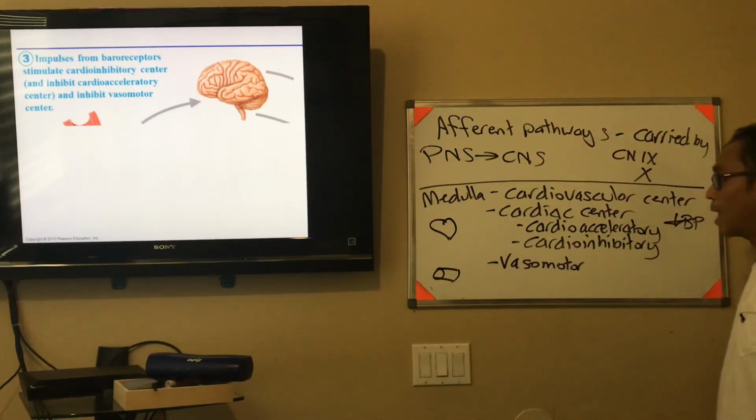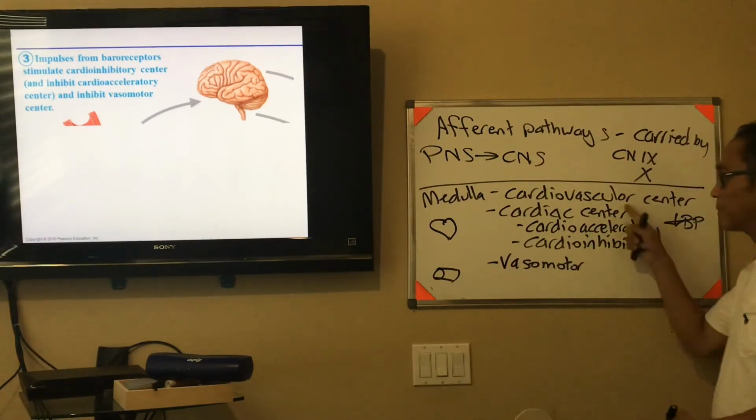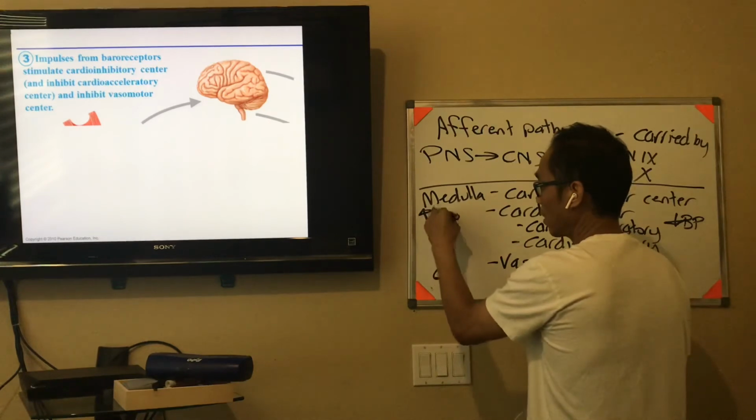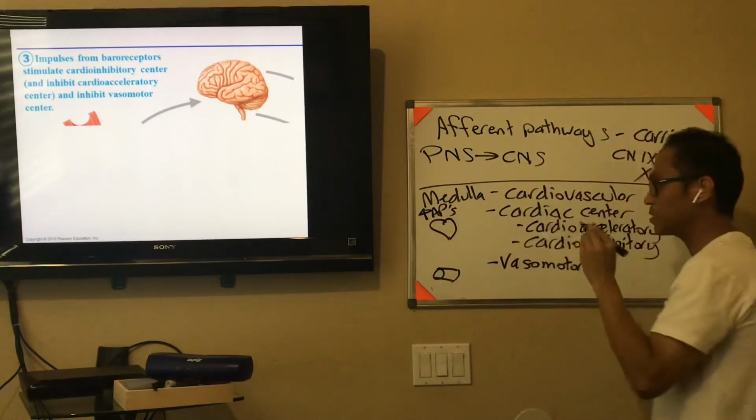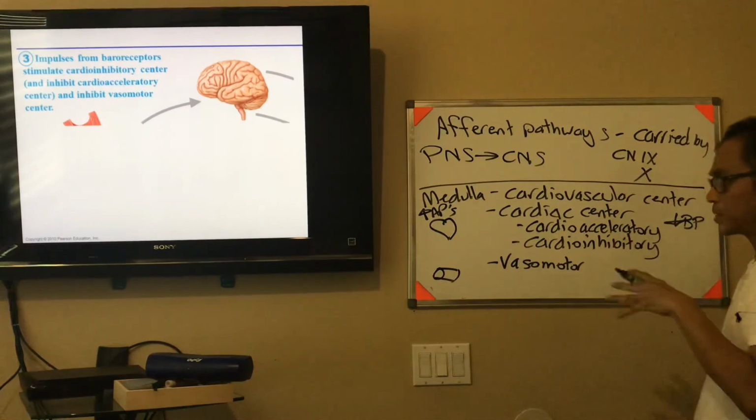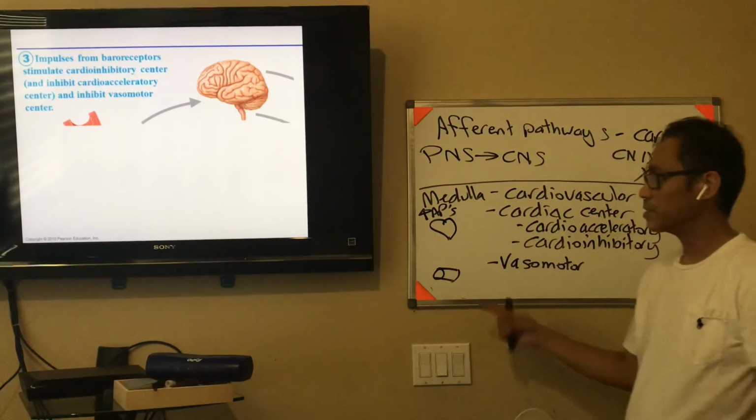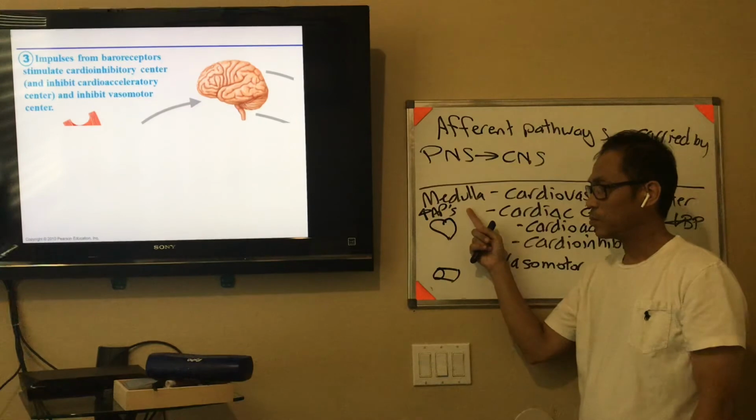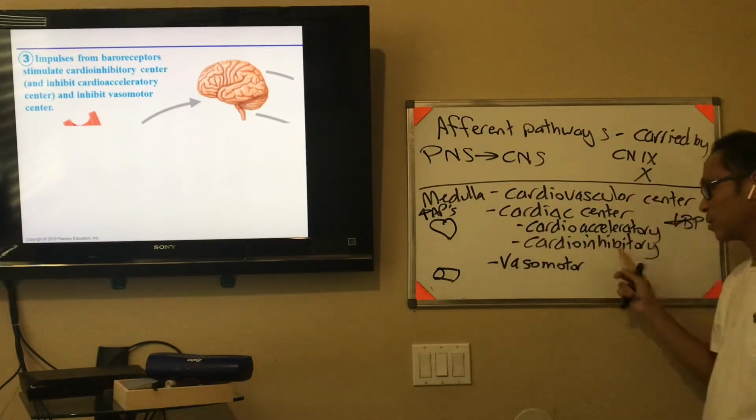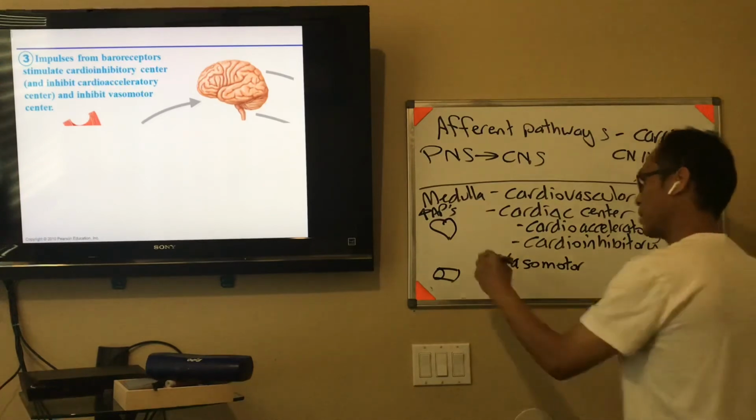So how can it help? Those increased action potentials, when they reach the medulla, it's the central nervous system's job to interpret and mobilize the correct output. So if this is the signal that the medulla receives, too many action potentials coming in, we need to lower the blood pressure. What it'll do is stimulate the cardio